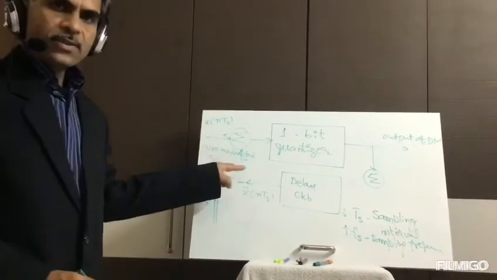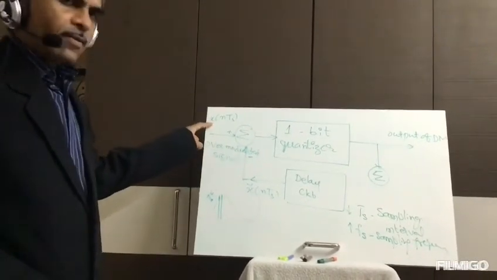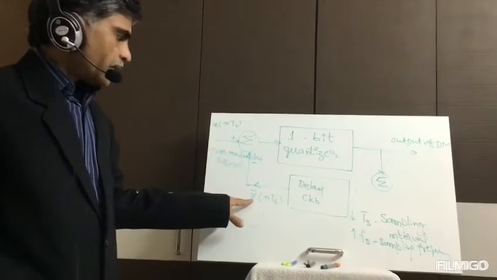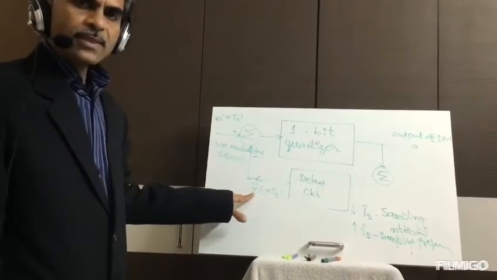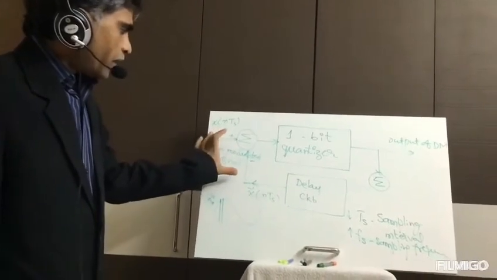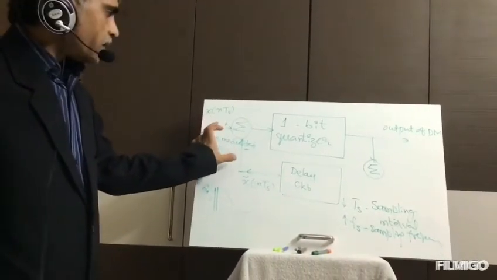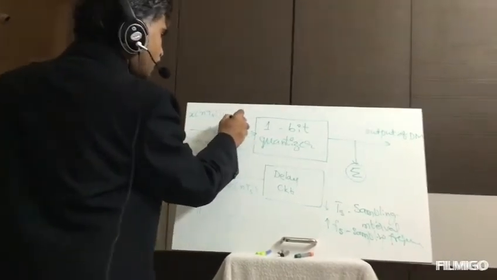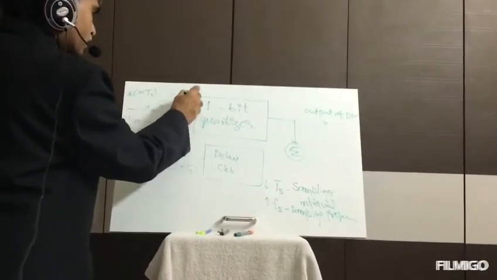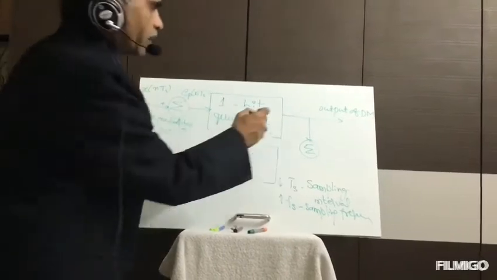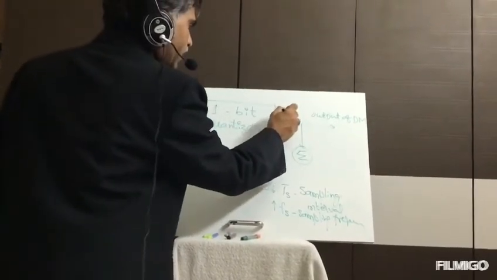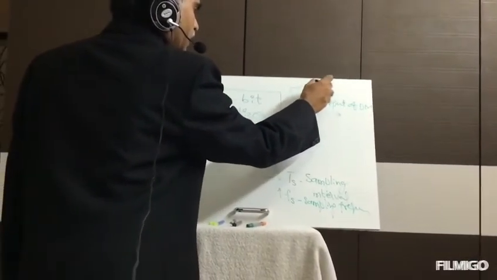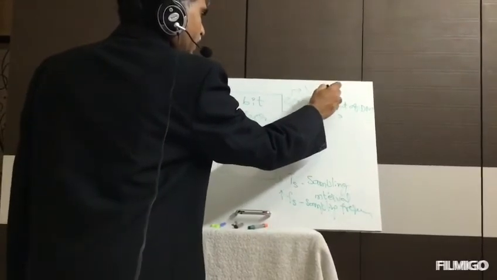then the difference between these two signals is taken. So what are these two signals here? One is the oversampled input signal and the other is a delayed input signal, that means the previous sample of the input here. These two will be compared, or the difference between the two will be generated and is given to the 1-bit quantizer. That difference we indicate as EP of nTs. Then the output of this 1-bit quantizer is indicated as EQ of nTs. This EQ of nTs is nothing but the output of the digital delta modulator V of nTs.